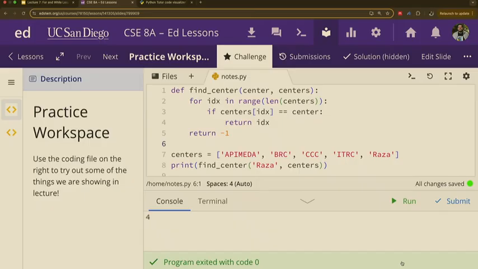It compares it against the center that we're looking for, raza. They're the same. We found it. This condition is true, which means we go inside the conditional statement, and we immediately return that number, the IDX number, which is 4. Does that make sense? Yes? All right.